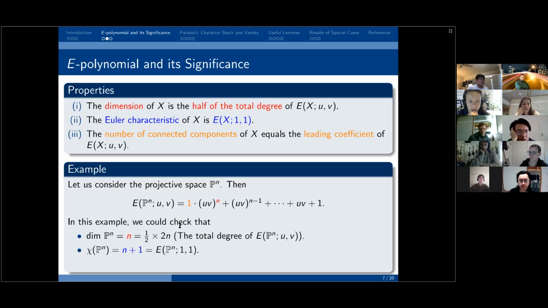And its Euler characteristic is n plus 1. And we can see that by replacing u times v with 1, this is the same as n plus 1. And the number of connected components is 1, which is the same as the leading coefficient of this E-polynomial. So these are some properties of why I use the E-polynomial in this research, but computing this E-polynomial is very